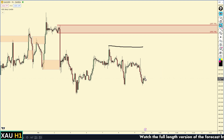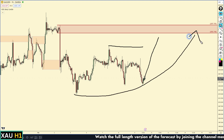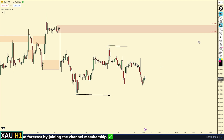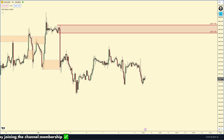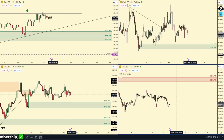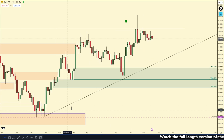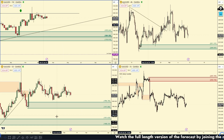If we break this high, that would give us a 1-hour uptrend, and then we could be day trading along. So if you're a day trader, we're really just waiting to either break above this high or this low to choose to get in long or to get in short, kind of just based off of that, right? I prefer to see the trend up. Like I said, based on this weekly trend, we want to be favoring longs,